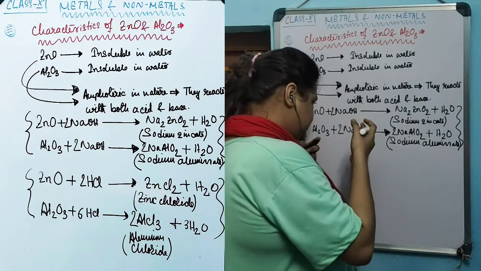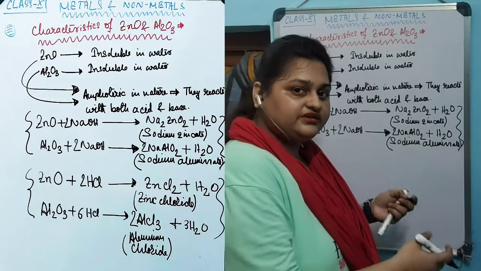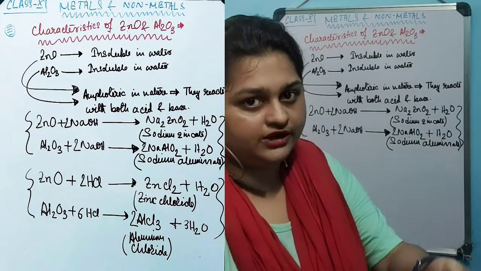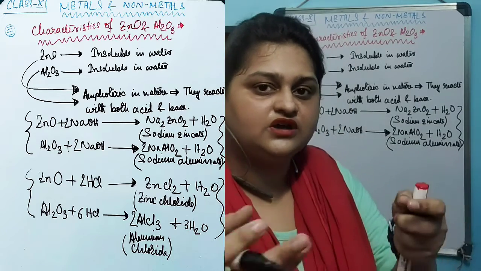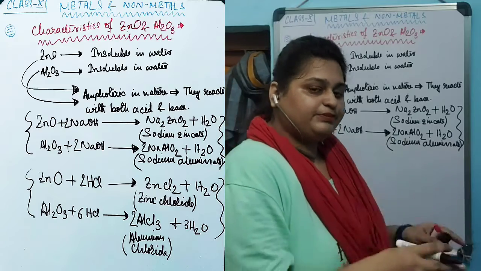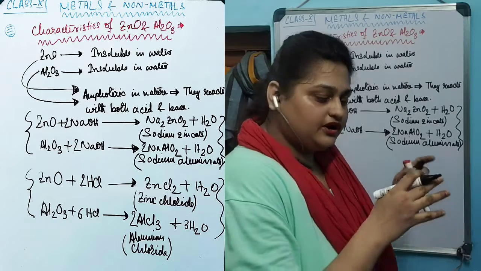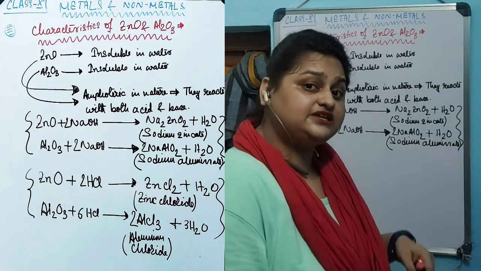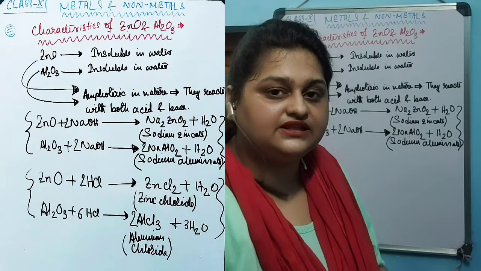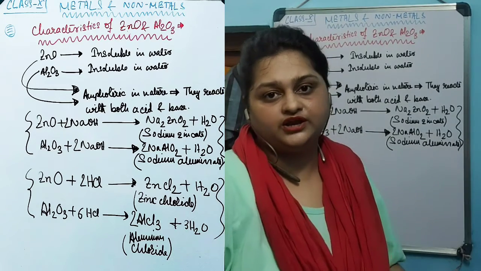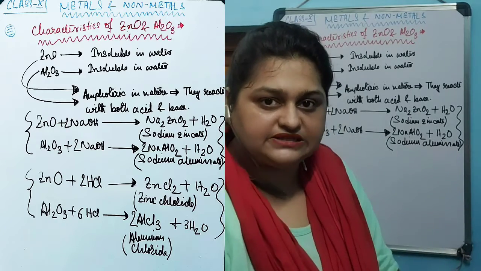This is the reason why they are known as amphoteric: when they react with acid, they produce salt and water as product, and when they react with a base, they also produce salt and water. This is typical of a base reacting with acid or an acid reacting with base. As these oxides react with both of them to produce respective salts, they are known as amphoteric oxides, because they show both acidic nature and basic nature.